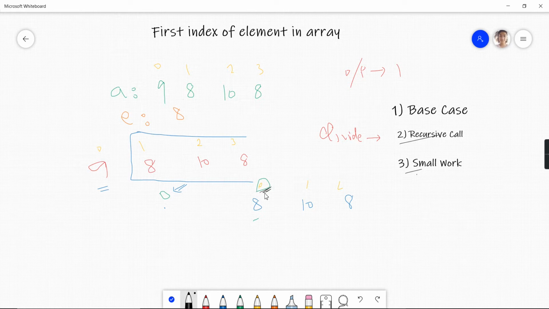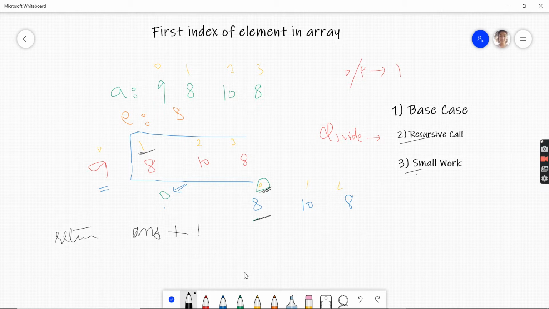But according to the whole array, 8 is present at index 1. So whatever recursion has given us is 1 less than the actual answer. So whatever answer recursion has given us, we need to add 1 to it, and then we can return, and that will be our answer. That's all.